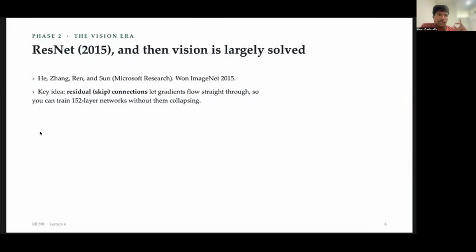So that was phase one, the hardware phase, and oh, sorry, we moved to the vision phase with AlexNet. But anyway, there's another paper which is called ResNet, which was again a very simple idea, but a huge breakthrough because it's used even now, everywhere. The problem with training these very large deep neural networks, so neural networks that are like 50, 100, 150 layers, is that these gradients collapse, meaning, anyway, it's mathematical, but these gradients become zero.